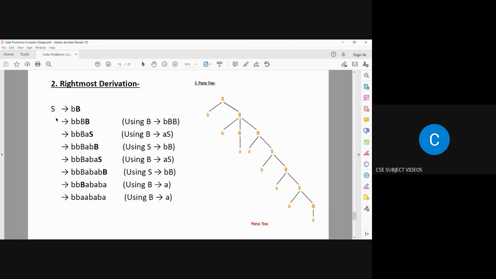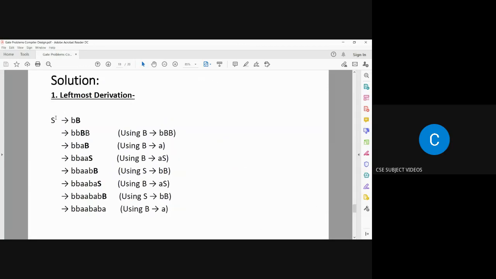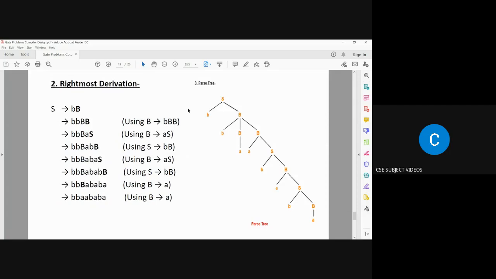So with this, take any one of the derivations, leftmost or rightmost, and then derive the parse tree. First, S derives BP. We have a left child and a right child, left side B, right side B. The non-terminal derives B, P, P, a terminal B and non-terminals. Again, in this leaf, how many non-terminals do we have? Two non-terminals, B and BP.